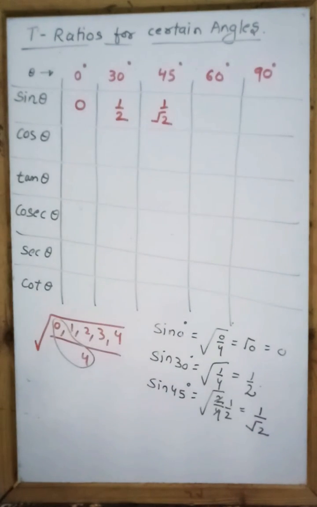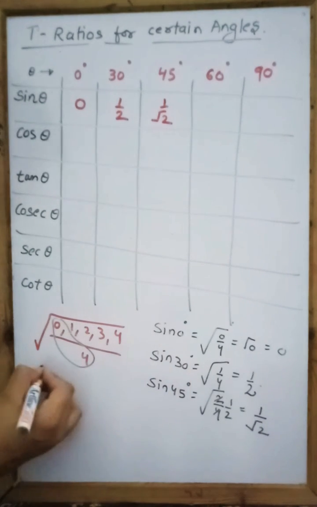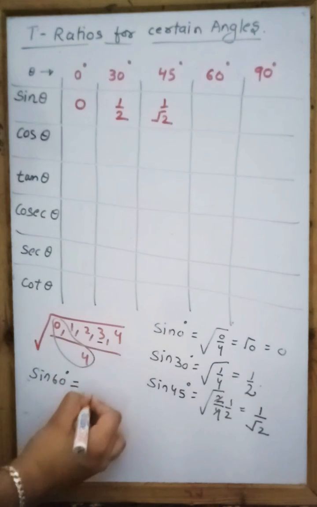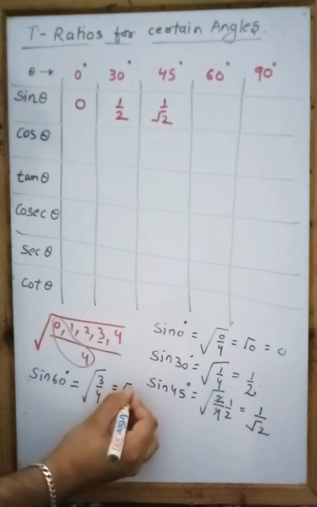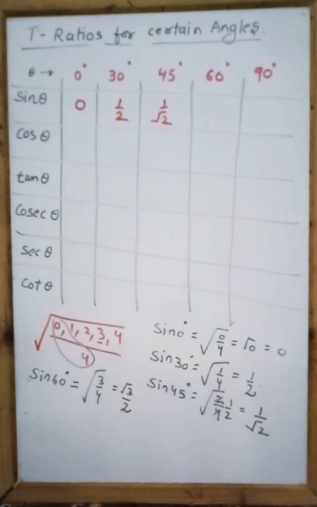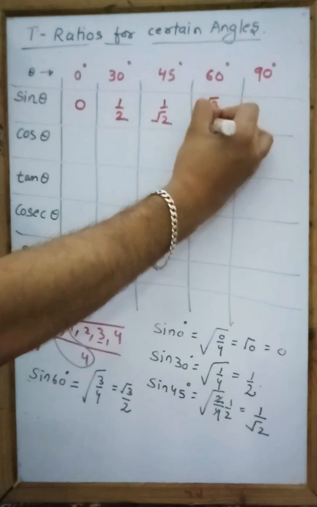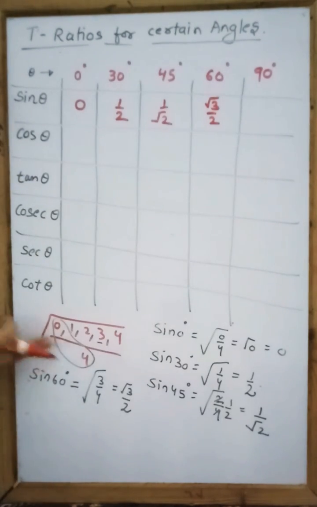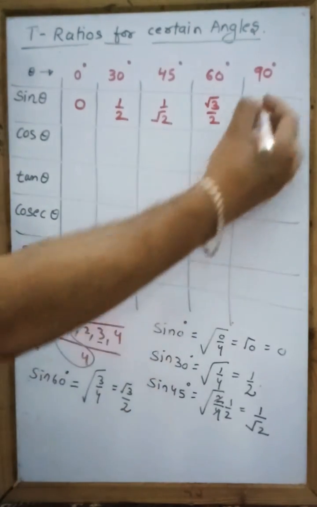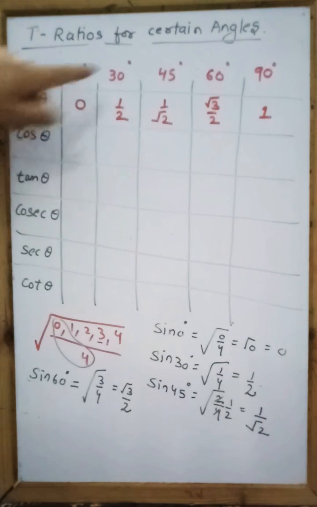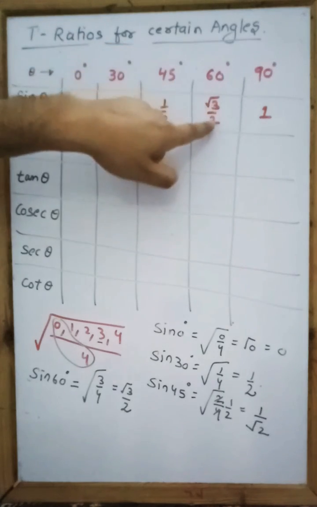Now if I ask you sine 60, you can just tell me by yourself. Sine 60 will become root of 3 by 4, which is root 3 by 2. This is pretty simple now. And if I ask you sine 90, it will become root of 4 by 4, which is nothing but 1. So this is how you can memorize for sine, and if you can memorize for sine, all others can follow. So sine 0 is 0, sine 30 is half, sine 45 is 1 by root 2, sine 60 is root 3 by 2,